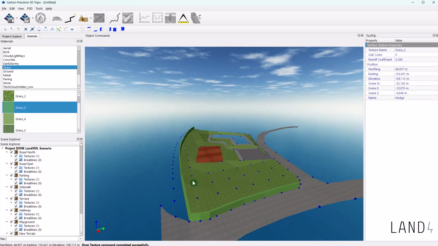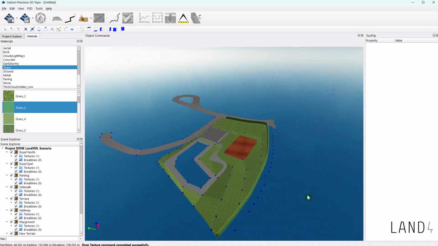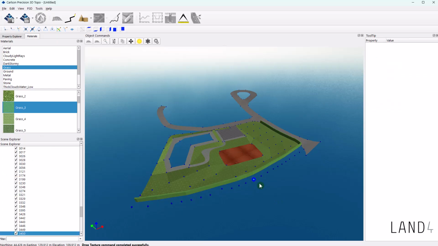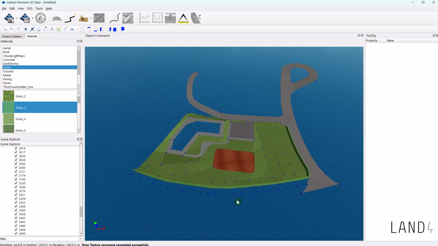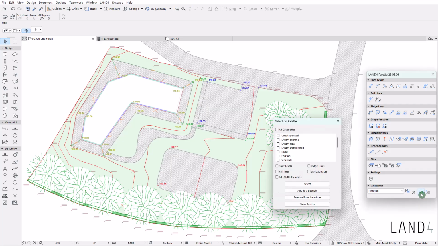Using a third-party software to visualize the LandXML, we can now see the model all together with the spot levels. Let's also make an export for the spot levels in the project. First, I will select the spot levels for one category, for instance, parking.